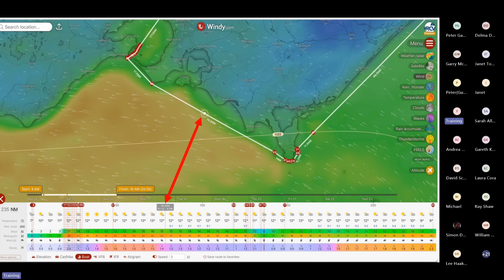So that's a nice easterly wind. If we look down the bottom, we're looking at 1.5 to 2 meter waves. We're looking at 16 to 27 knots, east-southeasterly, and going in that direction would be